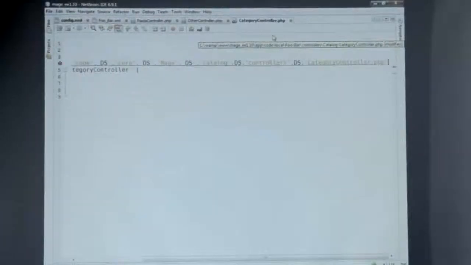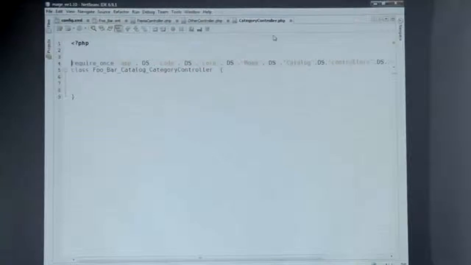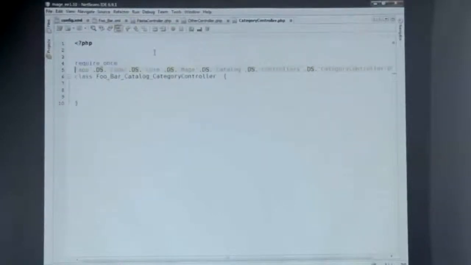This is just tragically not graceful. I don't think I'm going to be able to get this all in here. Wow, that's a pretty long one. But once I've included that, then I can extend